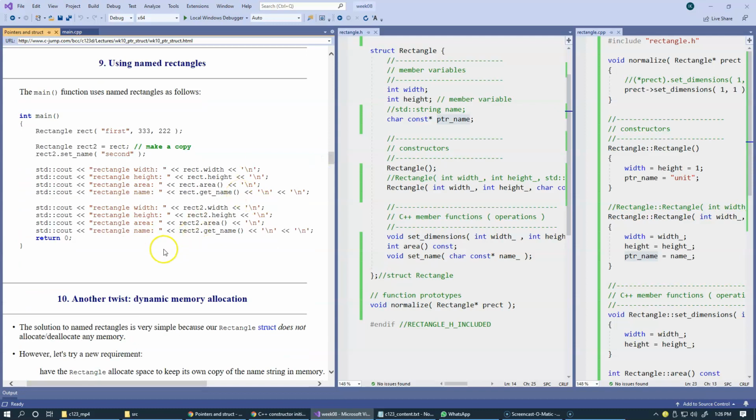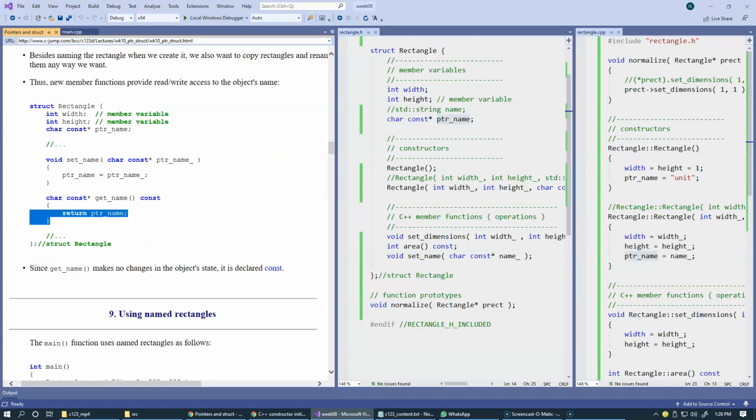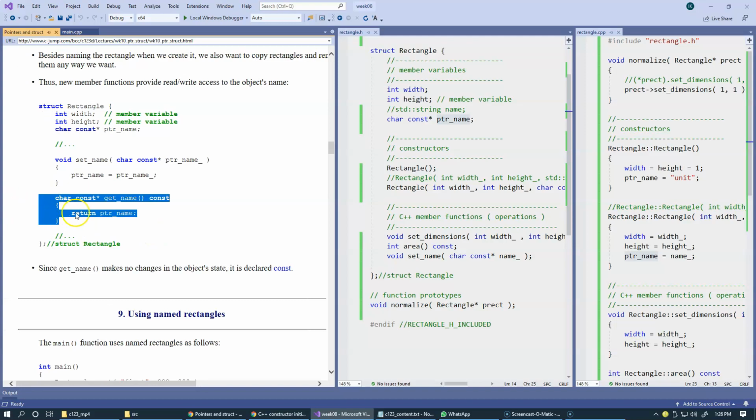So of course these are examples of using this new function getName. If we add this function getName to our declaration of the rectangle, we can of course call getName and see what the names are, we just print this name, and it's pretty trivial. So perhaps we can do this just to keep up with this presentation. Right, so we can add